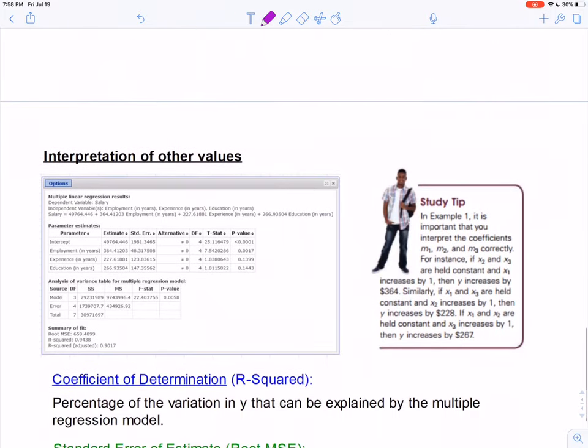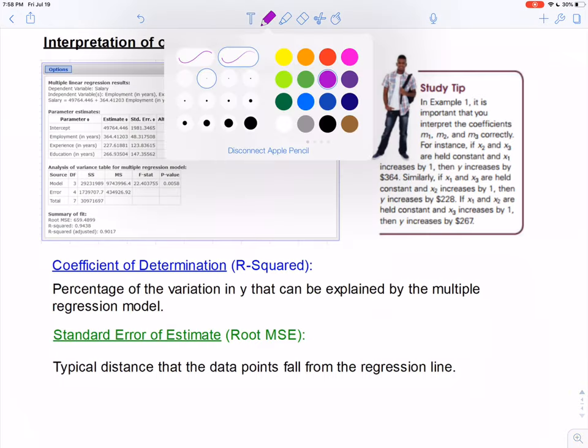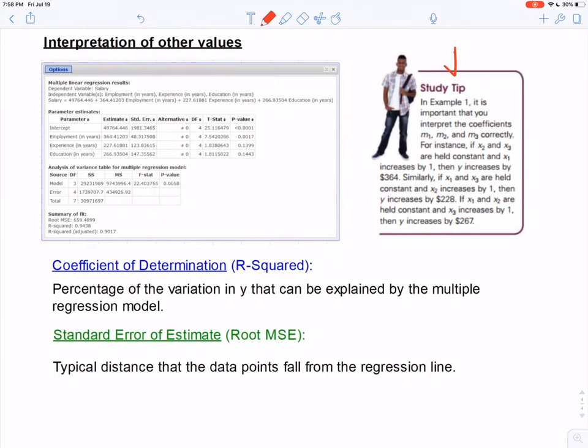All right, now, you do want to make sure, in addition to using the equation and making these predictions, that you can interpret some of the basic values that are associated with the regression equation. Now, one thing to note is just correctly interpreting the values that we use to define our multiple regression equation. For example, here, if we look at the slopes, the M1, the M2, the M3, what those values tell us